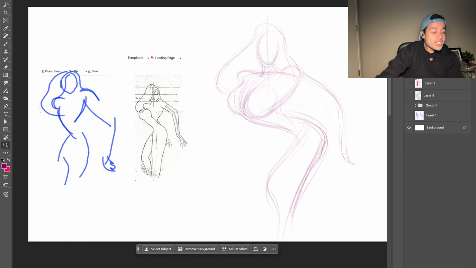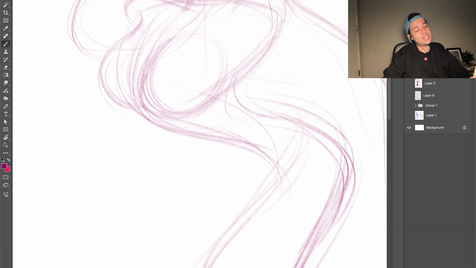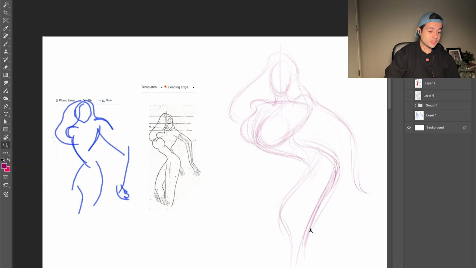Because even drawing one line, look at every single line that I have here. Every line is an experience. Every line is a message. Every line is a feeling. So here